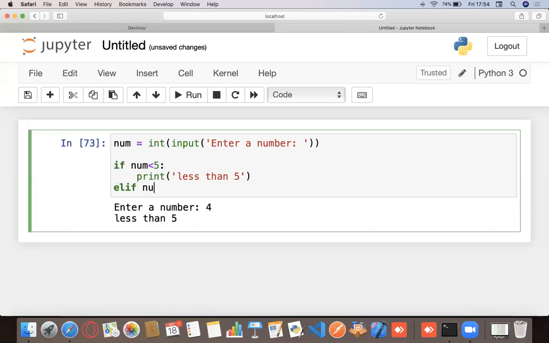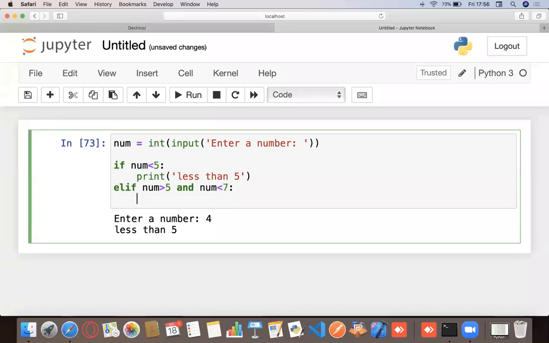So now I could say num greater than 5, and my number is less than 7, I could say print between 5 and 7.